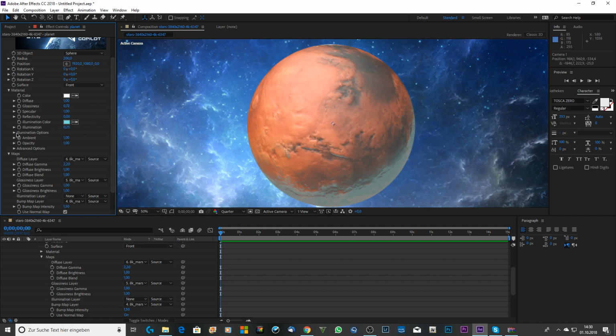But now the cool thing, if we go to Illumination options, first off, we lower the bump influence. The bump influence means that the illumination here wraps around our 3D surface, and we don't want that, because we want to use the illumination just for a haze around the planet. So we lower the bump influence. You can see it